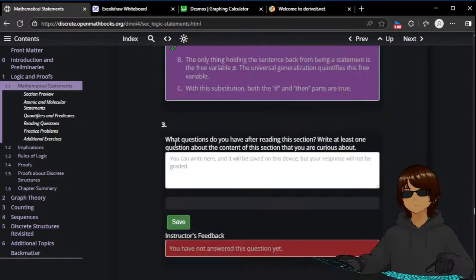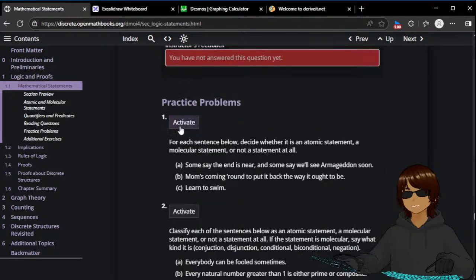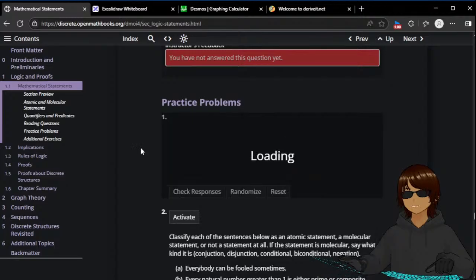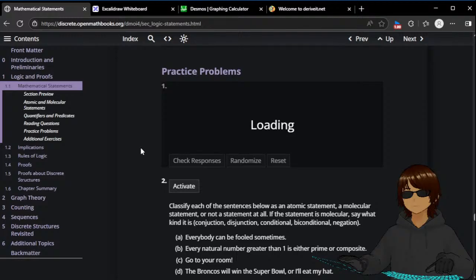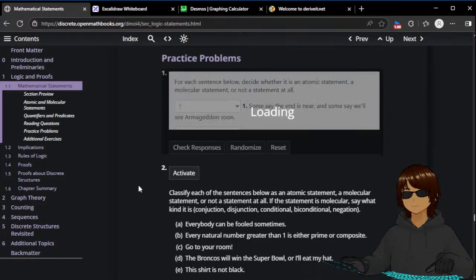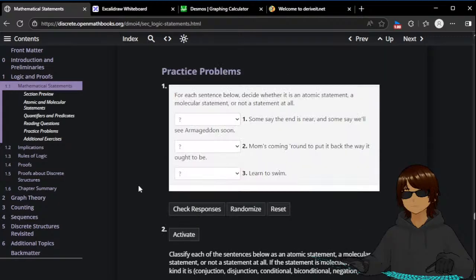What questions do you have after reading this section? Okay. What is this activity? What did I just click? For each sentence below,